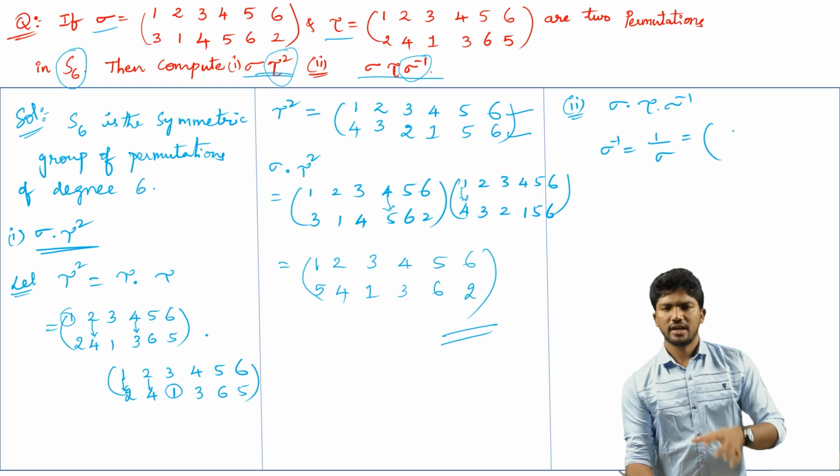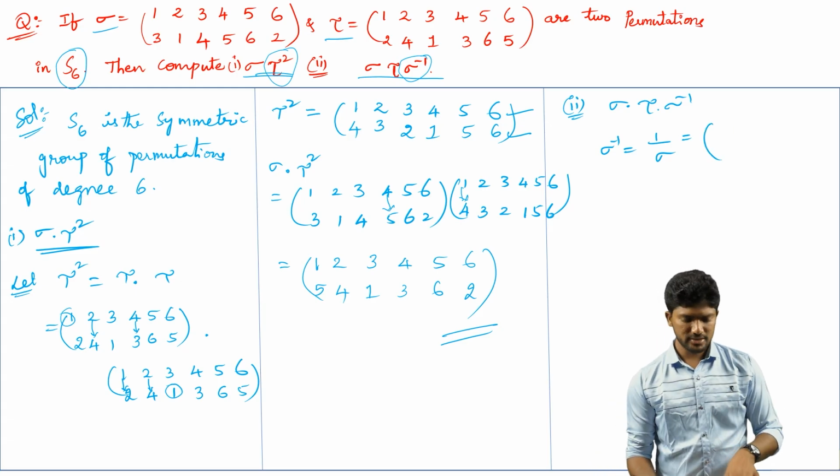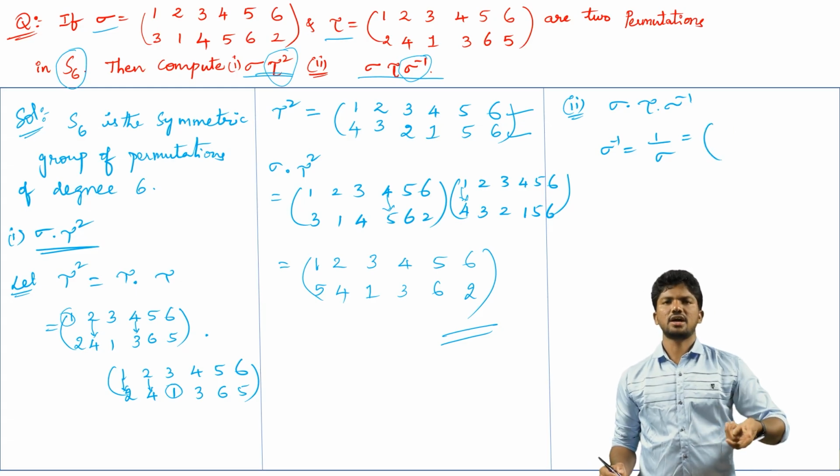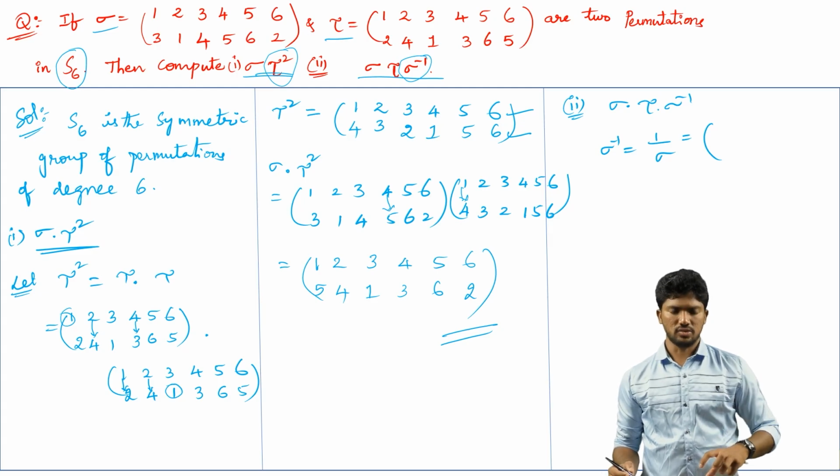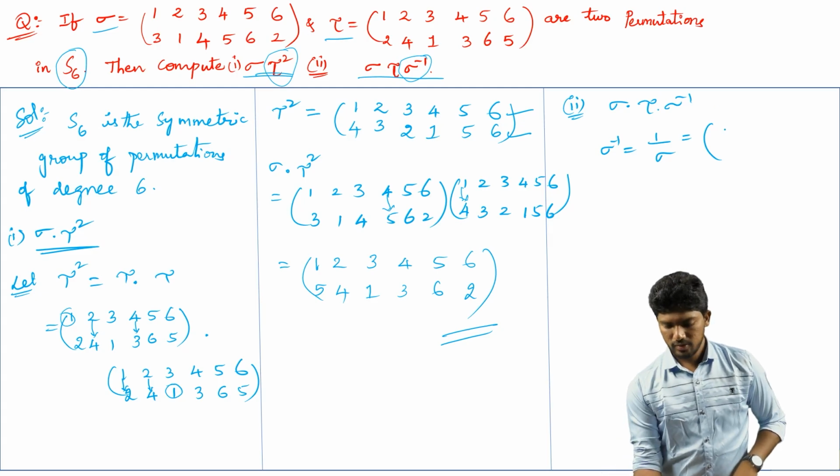I am writing that reversal sigma value. That means we are interchanging the rows: first row in place of first row, second row in place of second row. So that is the sigma value. Therefore,